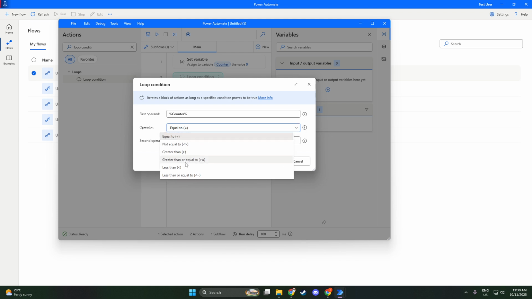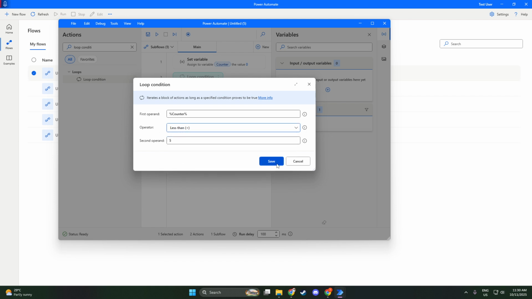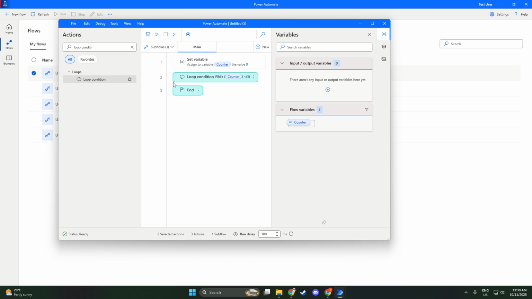Following that, we need to ensure the counter increments with each loop iteration. Use the increase variable action to add 1 to the counter. This step is vital because without incrementing the counter, the loop would go on indefinitely, potentially causing errors or freezing